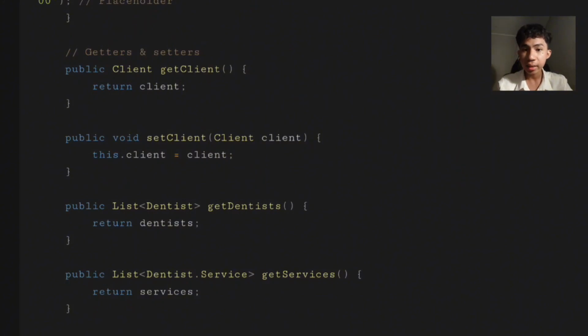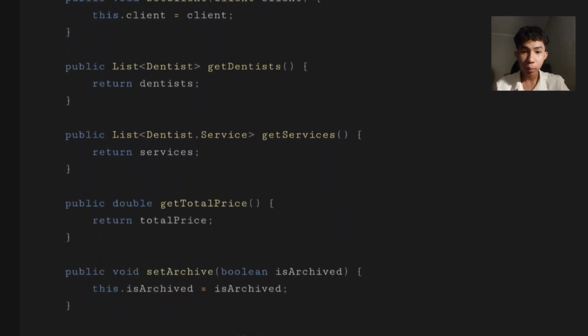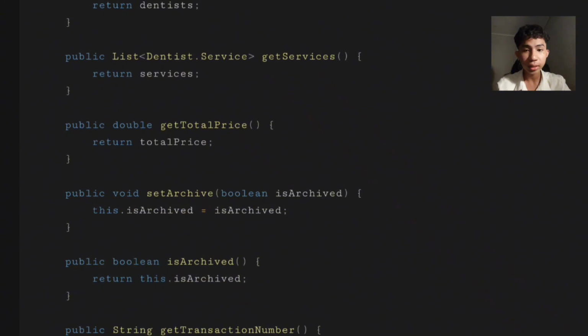The getClient and setClient methods retrieve and modify the client details. The getDentist and getServices methods return the list of dentists and services respectively. The getTotalPrice method retrieves the total cost of services, while the setArchive(boolean isArchive) method allows marking a transaction as archived.